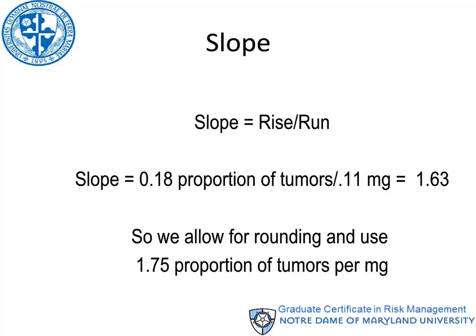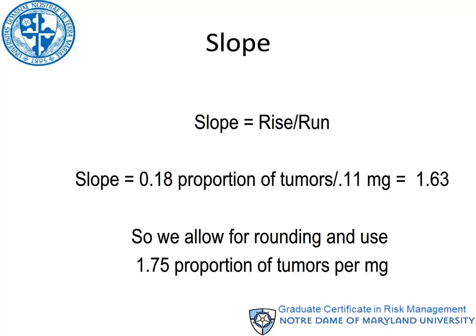I just told you there's some rounding error, but I know there are always people who like to check the calculations. So I'm going to show you if you calculate the rise over the run from the numbers shown in that previous slide, you will have 0.18 divided by 0.11, and that gives you a 1.63. So if you allow for the rounding, we're going to use 1.75 as the proportion of tumors per milligram of